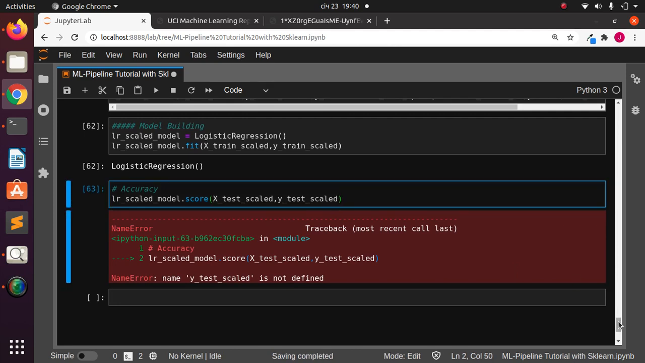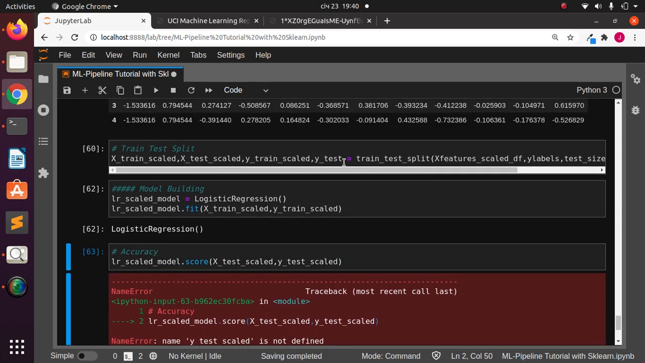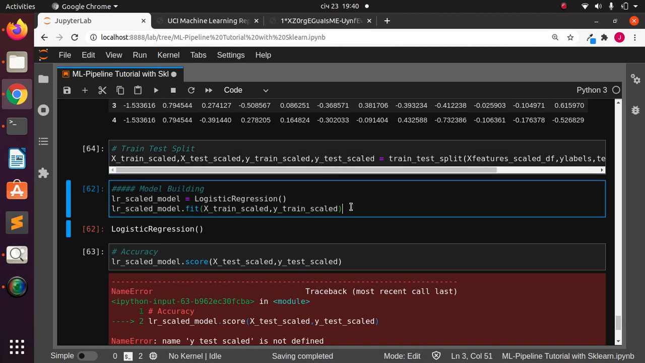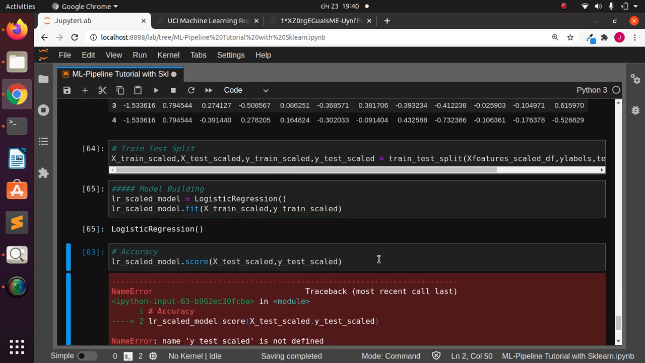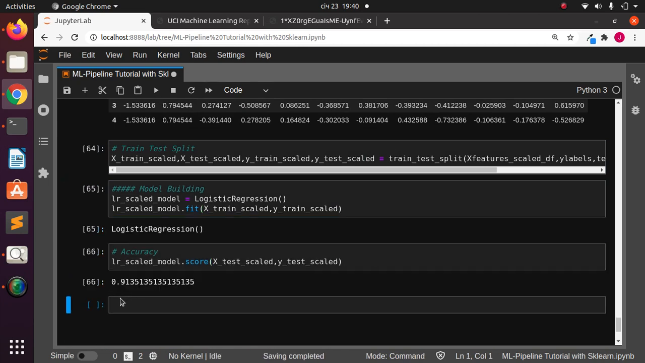Let's check what we did wrong. Okay, this was Y test, so we have to fix it. Let's fix this one. Run it again. Let's check it out. So that is 0.91, right? So that is the accuracy of our model, right? Very simple. So that is using a manual approach, but we can actually use a pipeline to help us with